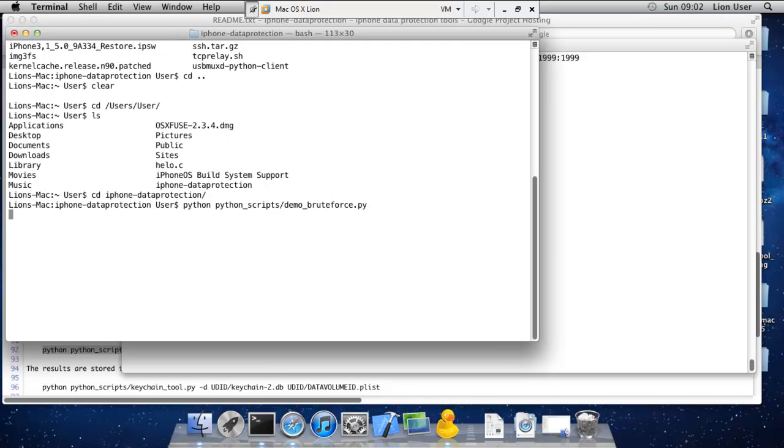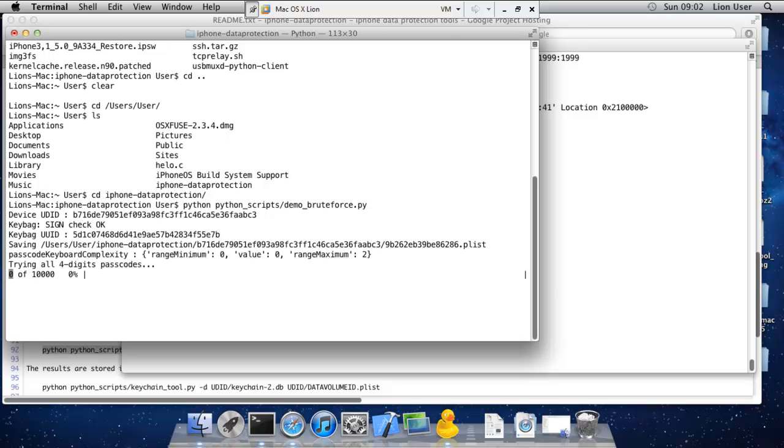Passcode validation is performed at two levels, one at Springboard and another at kernel level. A brute force attack performed at Springboard locks the device, introduces delays and may lead to data wipeout. However, these protection mechanisms are not applicable at kernel level. The demo brute force Python script is going to brute force the device passcode with the help of a kernel method called Apple Key Store.